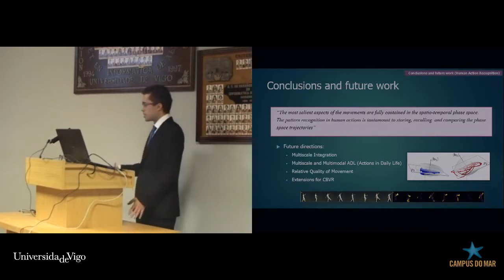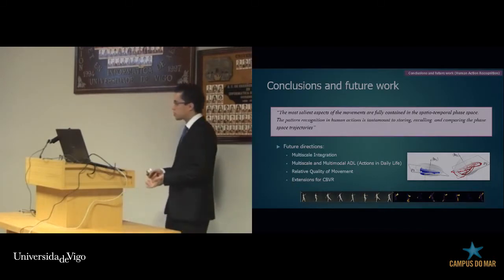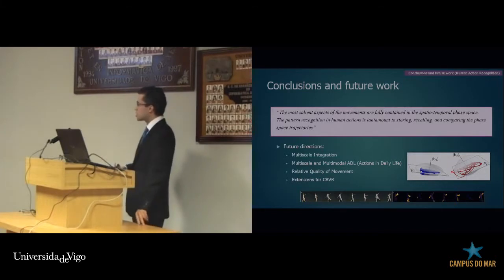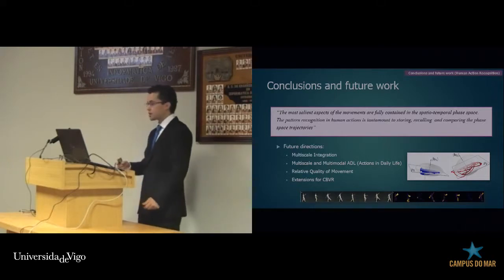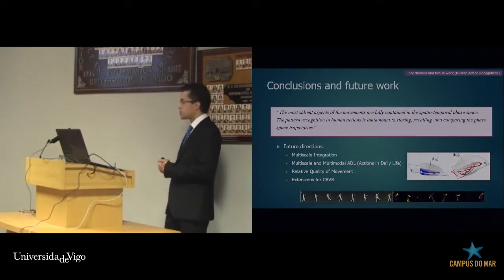There are more things that you can do to better understand the local differential geometry of these curves. Because, for example, we started with a KNN and we were losing a lot of information, and then we understood that there is a lot of information in these curves that you are losing with the simplest distance metrics.